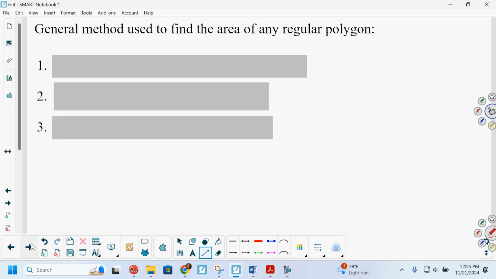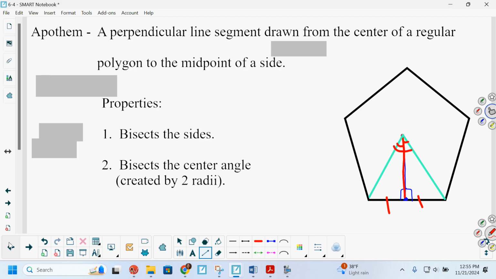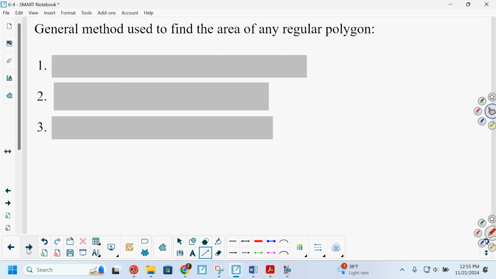Okay. All right, so how are we going to figure out the area of a regular polygon? So why don't you take a moment and think about it. Look back at this picture and see if you notice anything interesting about that picture. Feel free to pause the video if you want additional time to think. All right, maybe you noticed